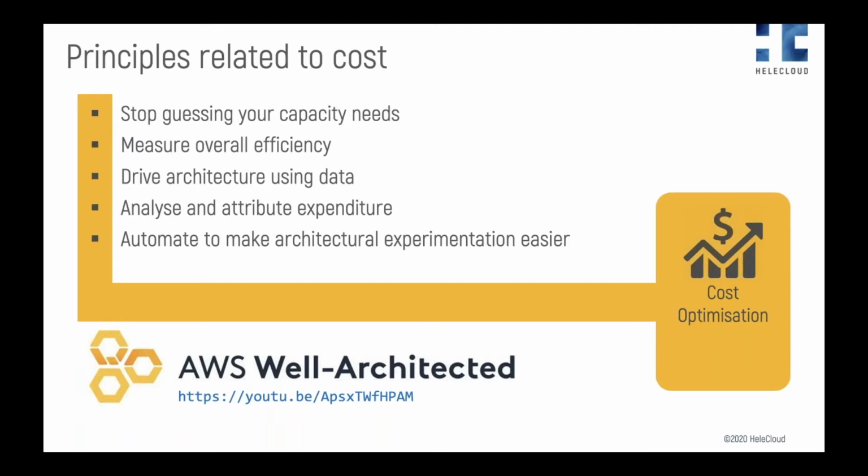And the cloud also makes it easier to clearly identify the usage and costs of systems, which then allows transparent attribution of those IT costs to revenue streams and individual business owners. And this helps measure return on investment and gives system owners an opportunity to optimize their resources and reduce costs. But you have to put these systems in place first. We've covered the well-architected framework in detail in a previous episode, and if you'd like to know more about that, then please follow the link and you'll be able to see a recording of that.